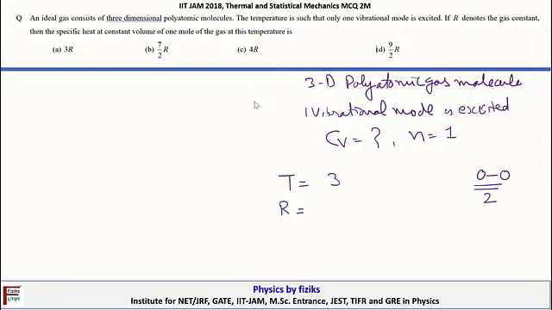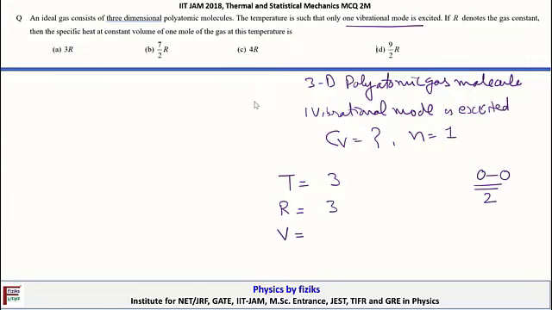The third rotational degree of freedom cannot be excited in a linear gas molecule. Here, because it's a three-dimensional gas molecule, instead of 2 we will have 3 rotational degrees of freedom. And now it's also given that one of the vibrational modes is excited. So we have to look at how many vibrational degrees of freedom there will be, because